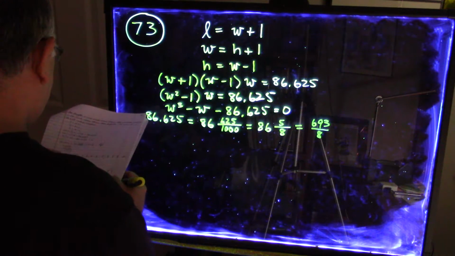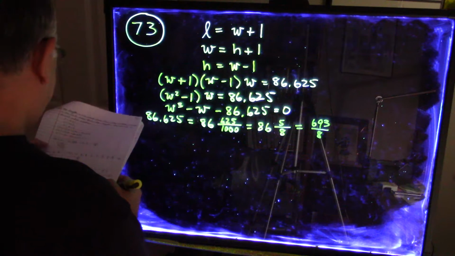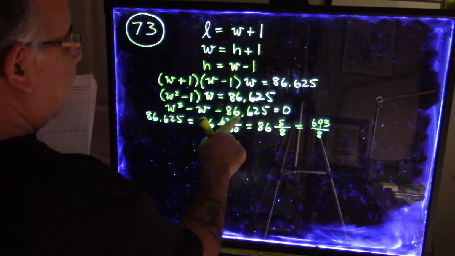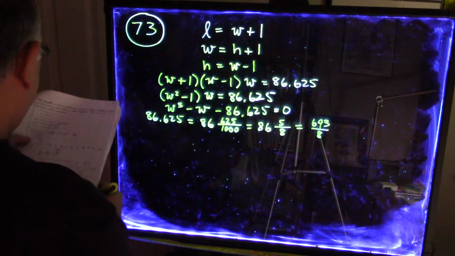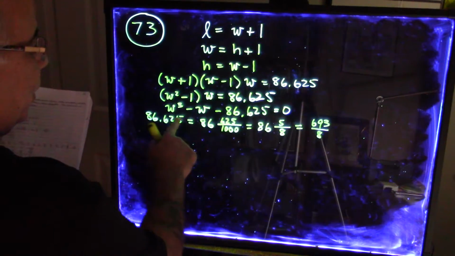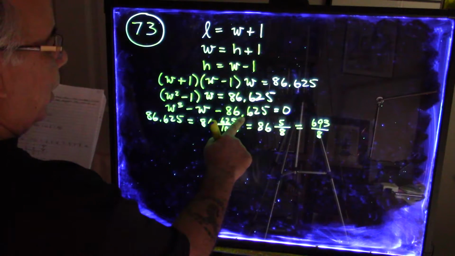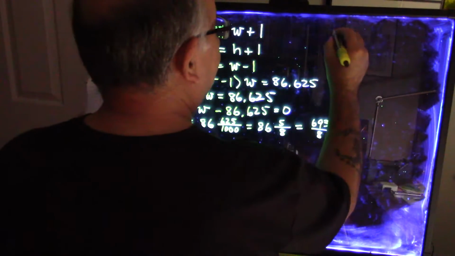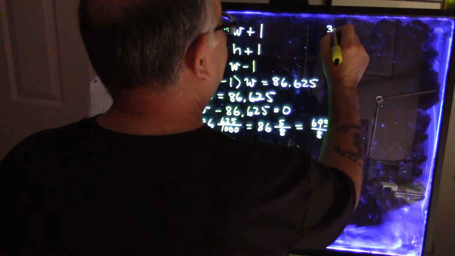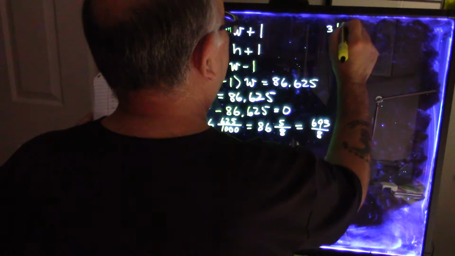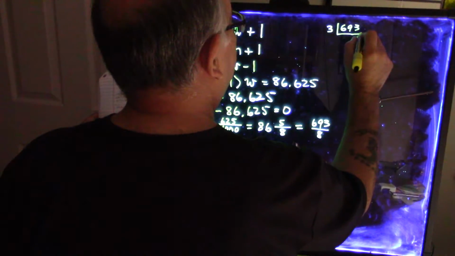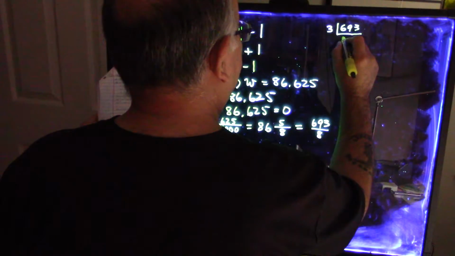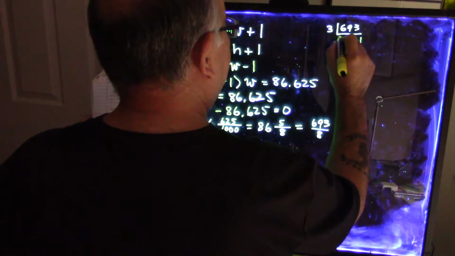All right. Now, what we got is this at the end right here, 693/8. All right. So the leading coefficient is 1, so we need all the factors of 693/8. Well, how do we split up 693? You can do that up here. Divide 3 into 693, because it looks like 3 will go in there, which it does. And you get 231. I'm writing it this way because it's a little easier to factor